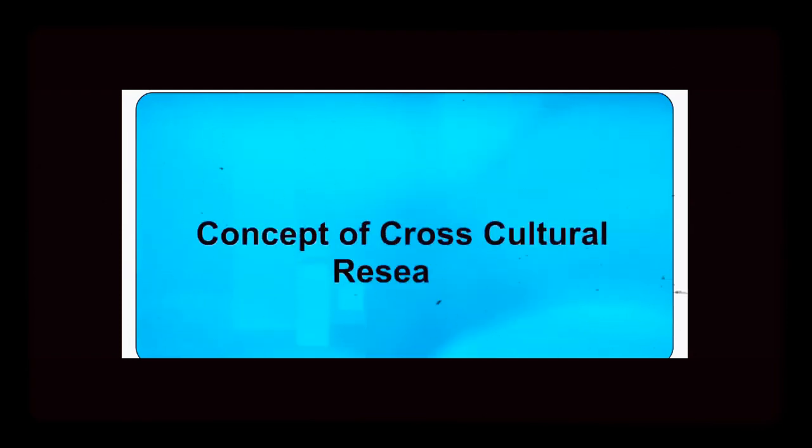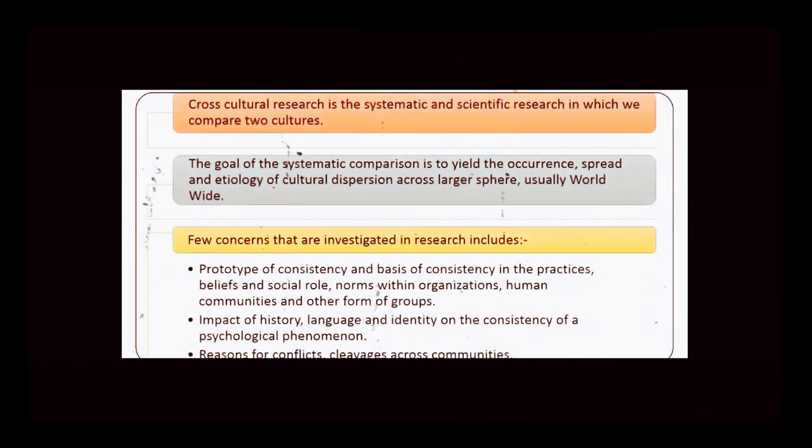Concept of cross-cultural research. Cross-cultural research is the systematic and scientific research in which we compare two cultures. The goal of the systematic comparison is to yield the occurrence, spread, and etiology of cultural dispersion across a larger sphere, usually worldwide. So, what is the goal? First of all, cross-cultural research is a systematic and scientific method that compares two different cultures. And what is the purpose and the goal of this systematic comparison is to